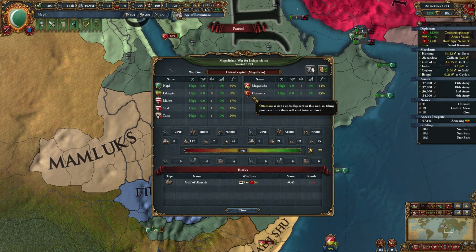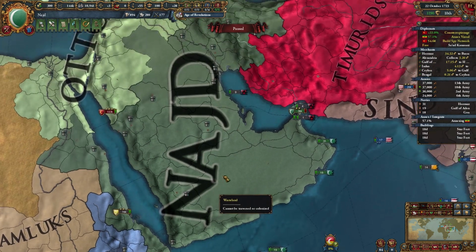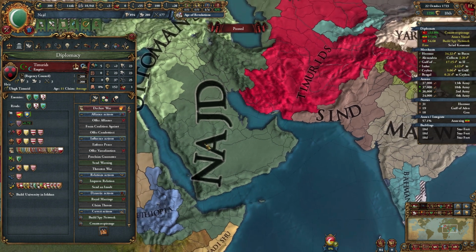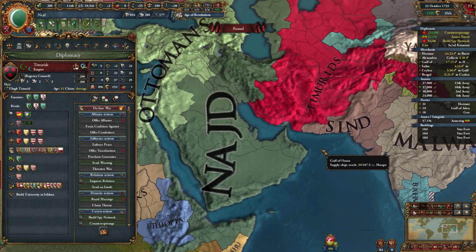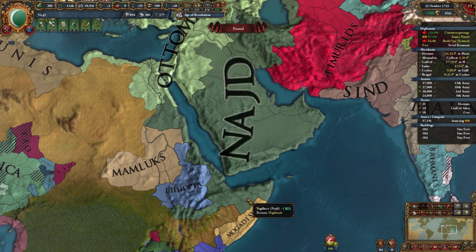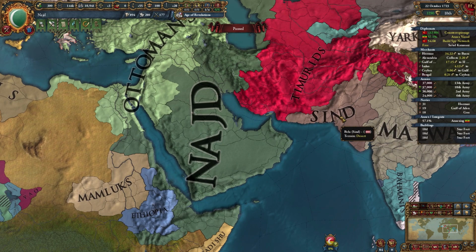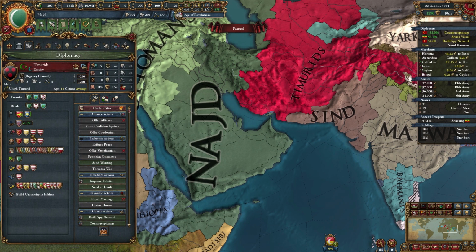What I am thinking... Well, actually also it means that Timurids can't join at all. Because they've been called in... I mean, that's not how it works. So the Ottomans joined Mogadishu's war. So the Ottomans can't call in their own allies. So Sind and Malwa are free to help. And the good thing is because Timurids have got an alliance with Sind and Malwa, they should also...